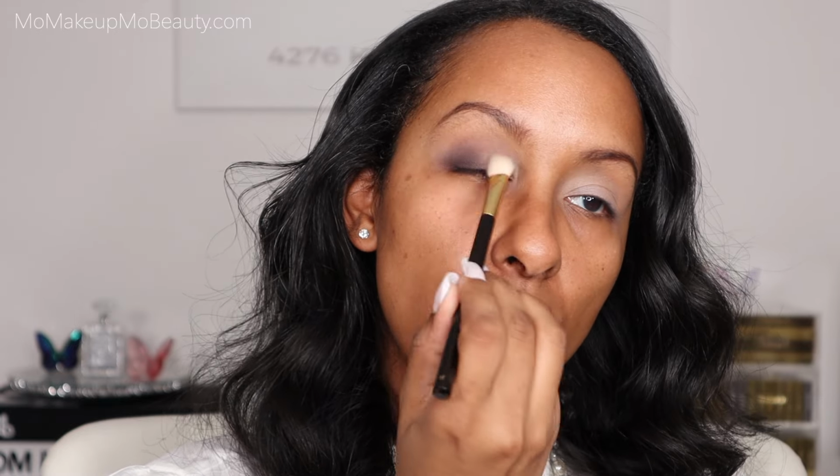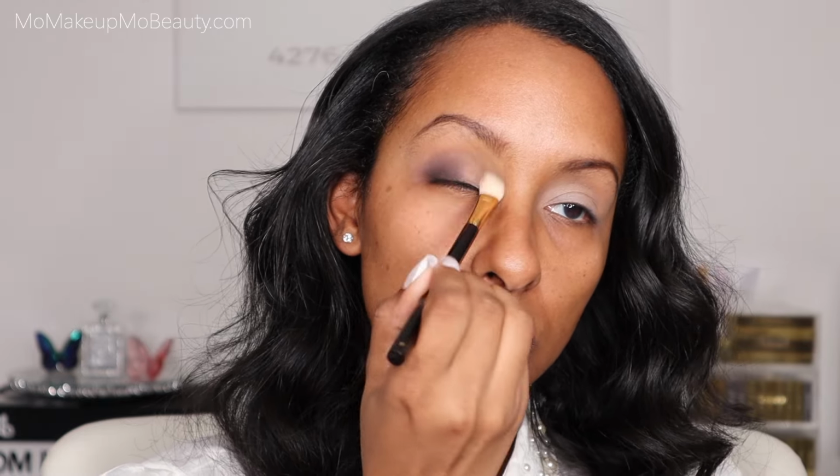I am going to clean off my brush. And whatever is left on the brush after cleaning it off will blend directly in the crease. Nice and smooth. There we go. And the thing about more dramatic looks, and dare we say a smoky look, is that you're going to be going back and forth to build up, to put on, because it'll blend away, you know,